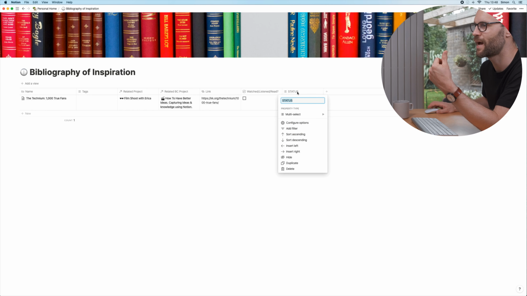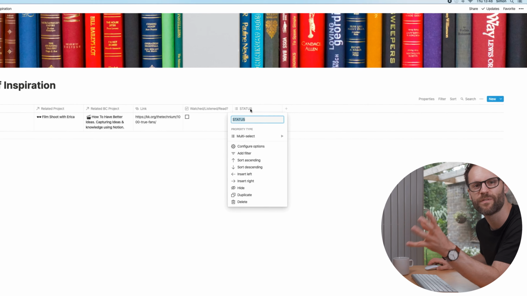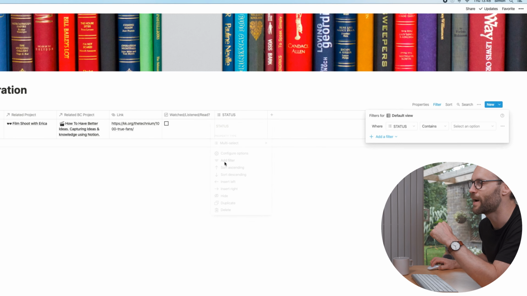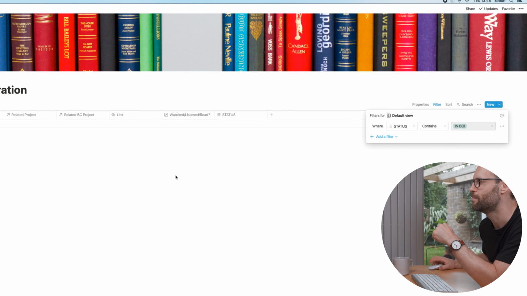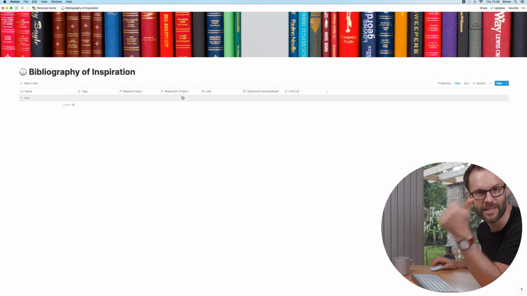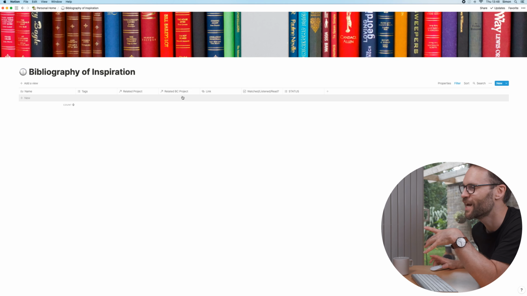And I might want to set a filter here. For the reading list, we filtered everything but the bibliography of inspiration. For this one, we need to add a filter and make sure it's when status contains in bibliography of inspiration. But that means that only stuff that we've said this is worthy of my inspiration database